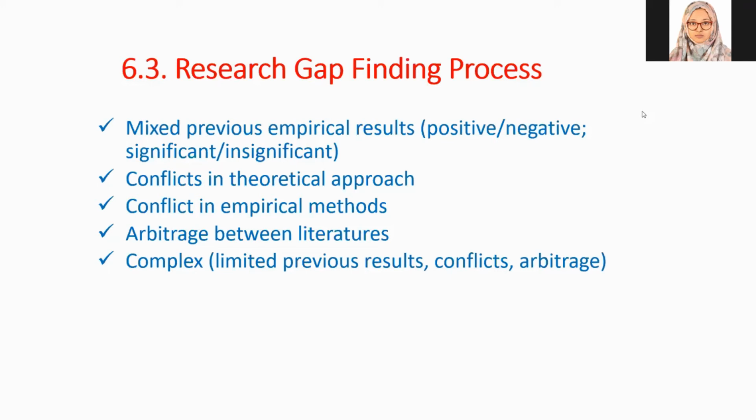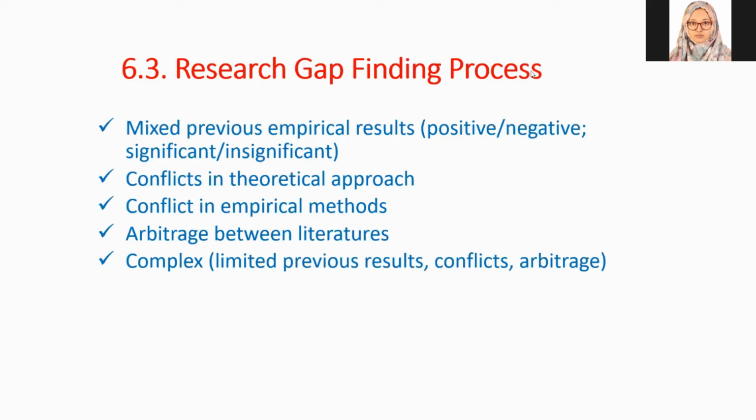Conflicts in empirical methods. Empirical methods mean statistical results, what results came. So some hypotheses may be significant, some not significant. Based on that, in some studies they find non-significant results. So maybe in your study you might get a significant relationship in your case, because the phenomena is changing from industry to industry, country to country, and based on the area it varies. So that's why there are conflicts between literature and limited previous results.